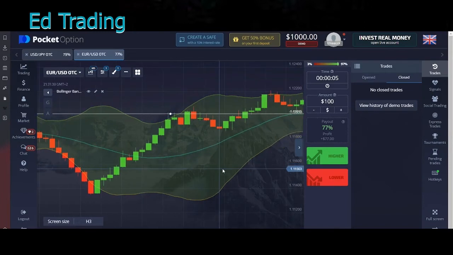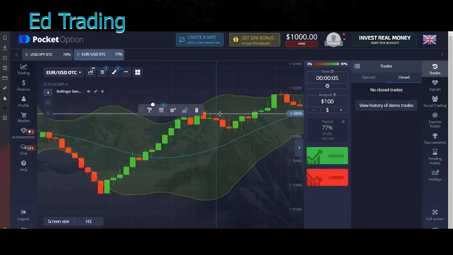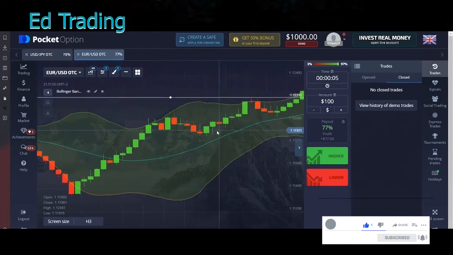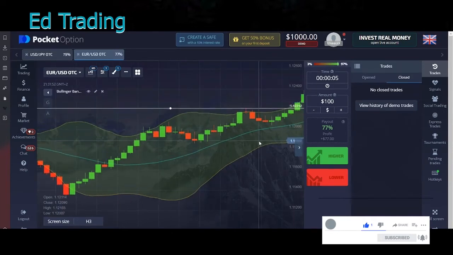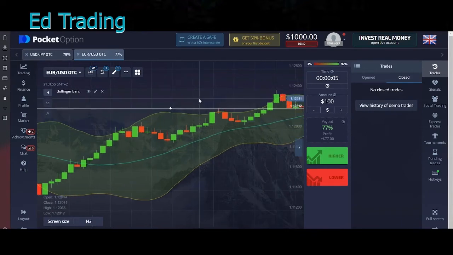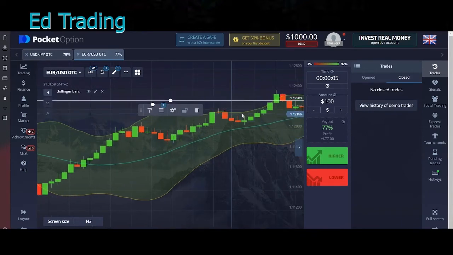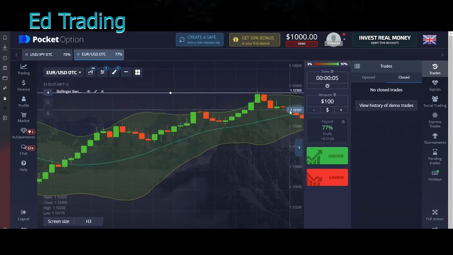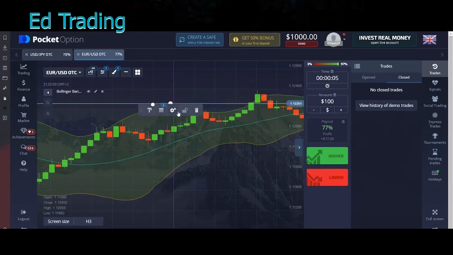Then you wait again, you see another retracement, then you take your trend line and put it at the first retracement there, then you wait for it to break again. At the break, you buy. Then you see another retracement here and also a trend here. Then you take your trend line, you put it at the open, then you wait, then you see another retracement here. Then you take your trend line, put it there,